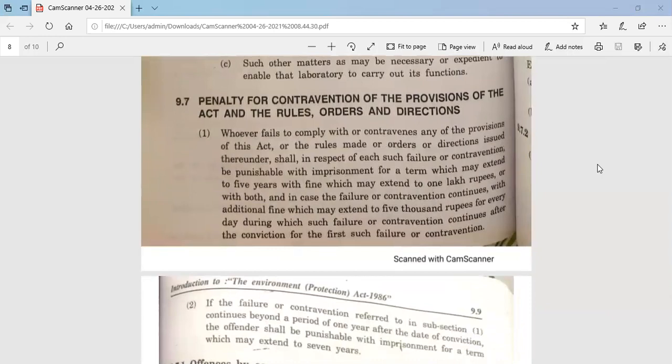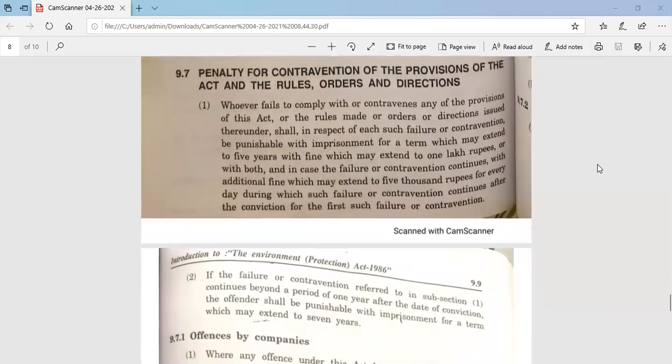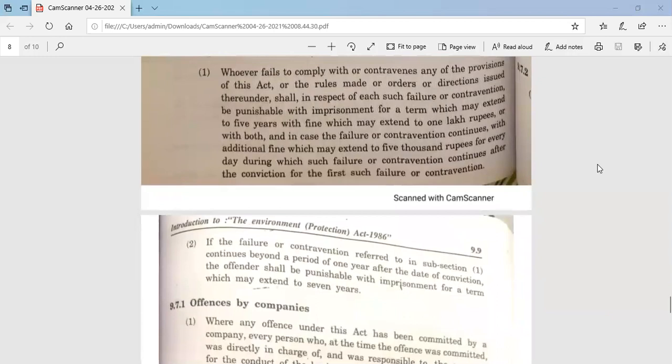So, penalties for the contravention of the provisions of the act and the rules, orders, and directions. Whoever fails to comply with or contravenes any of the provisions of this act or the rules made or orders or directions issued thereunder shall, in respect of each such failure or contravention, be punishable with imprisonment for a term which may extend to 5 years, with a fine which may extend to 1 lakh rupees,